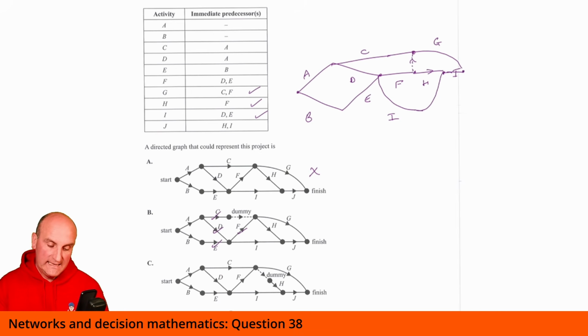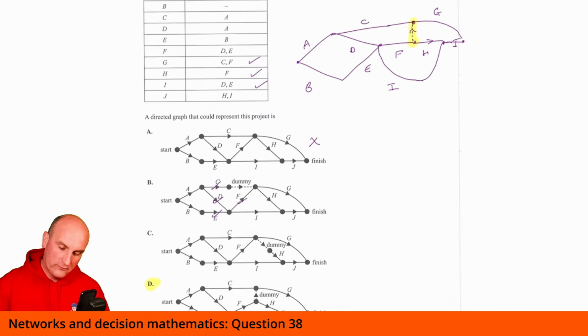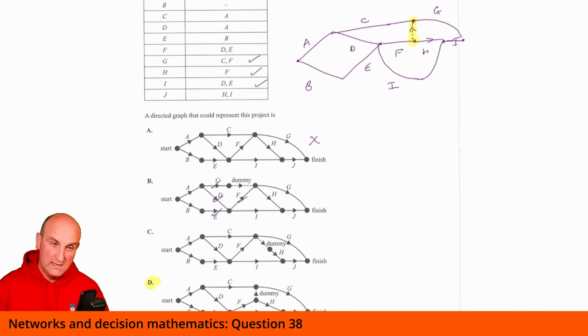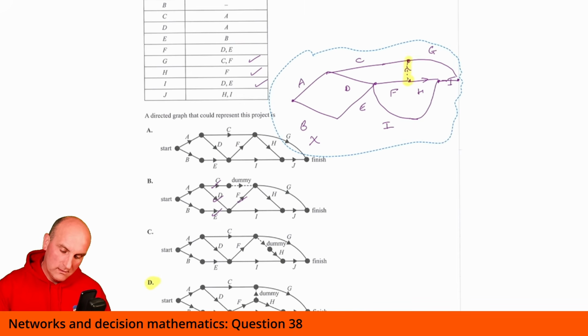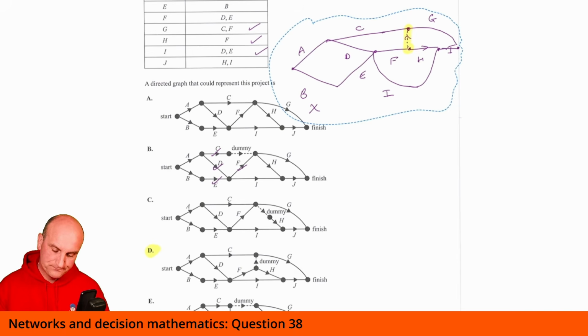Okay, so looking at this again, and I've just paused for a moment, I am fairly sure that the dummy goes from the end of F to the beginning of G. And the only one that happens to the end of F, the beginning of G, is this one here. Okay, is D. So I'm actually just going to scroll up a little bit and try and work out, sorry, I know you can't really see this, and I'm very sorry about that, but maybe I can move this down a moment. Let me just see what happens here. Oh, it's gone off the screen. It will allow me to move this down. Yep, so let's move that up a bit so we've got D.